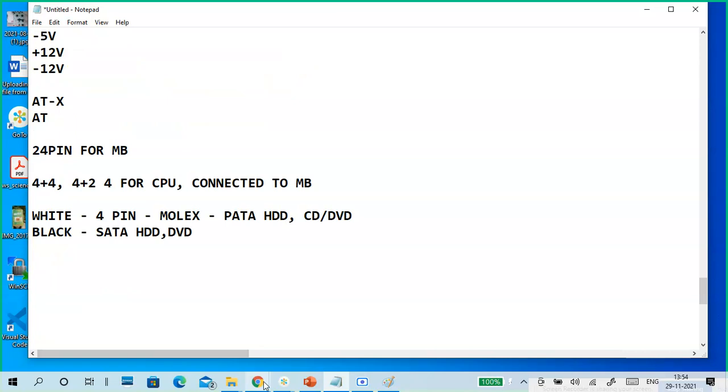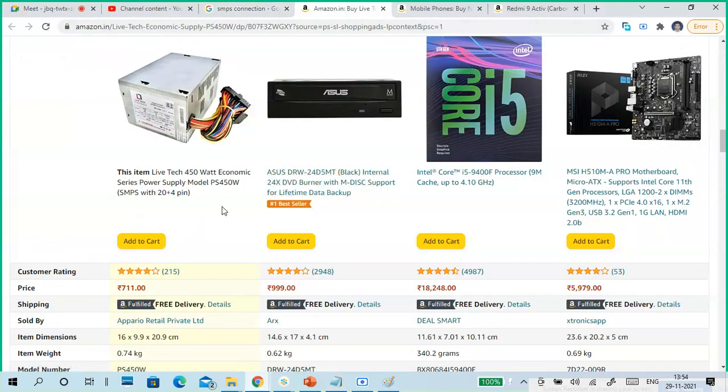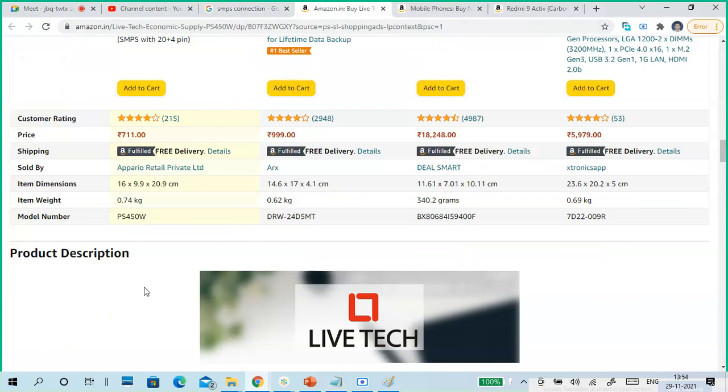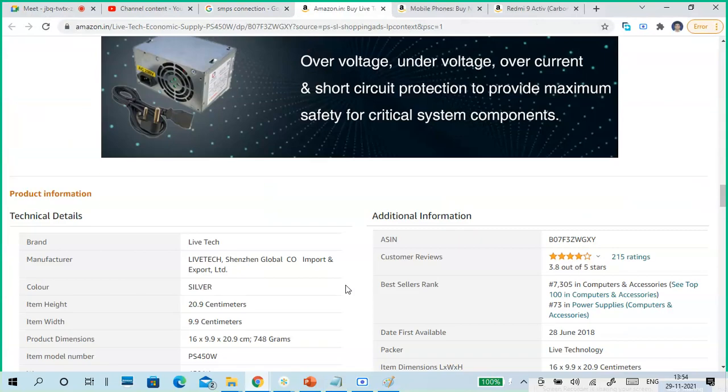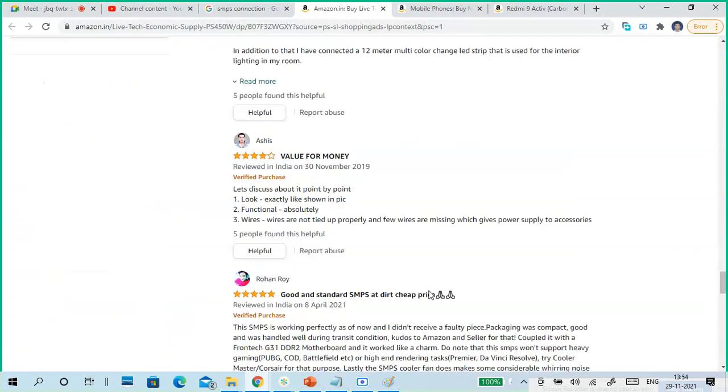Also, when you want to buy an SMPS, compulsorily check how many watts you are purchasing. See, 440 watts economy. If you are building a regular or small size computer, 440 is enough.